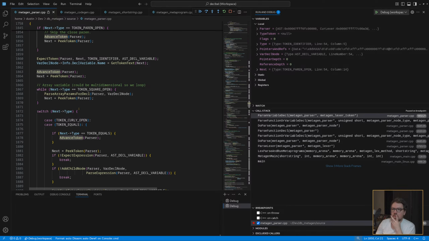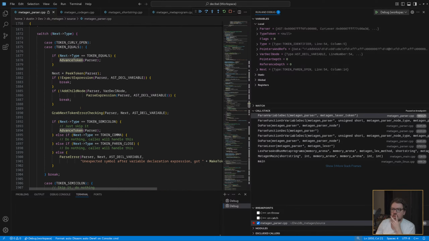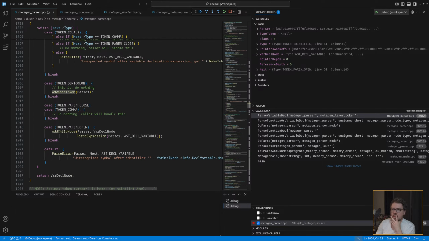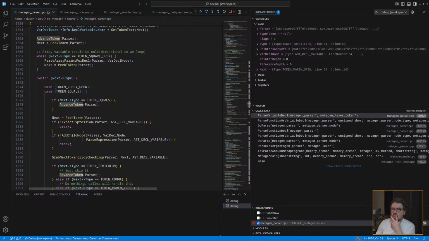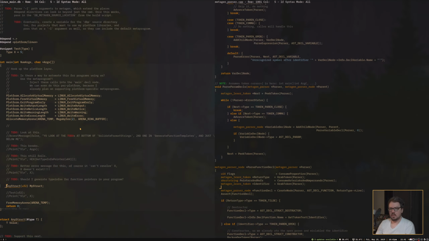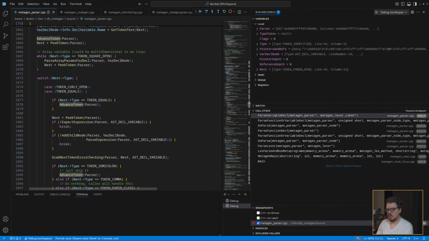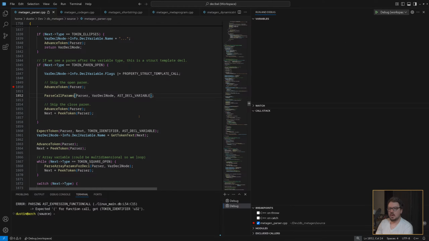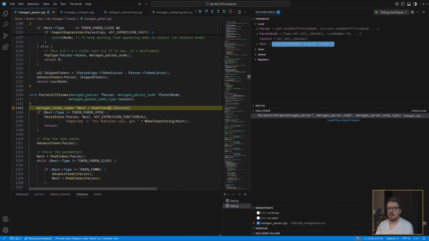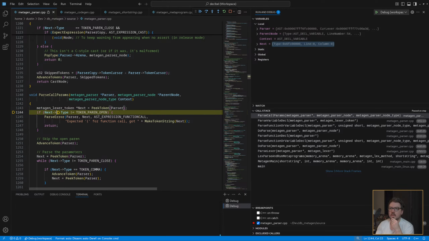In what world do we think we're a function call? Oh. No, how, okay, hold on. So, parse the call params. Oh, we're failing in there, that's why. We are now failing in here, because